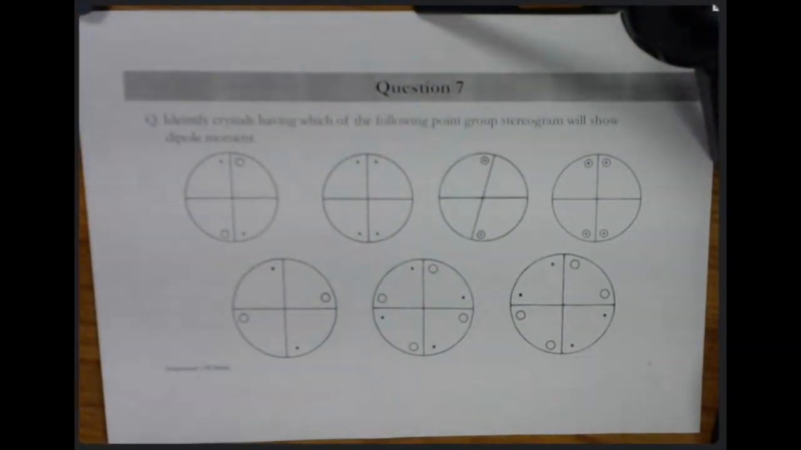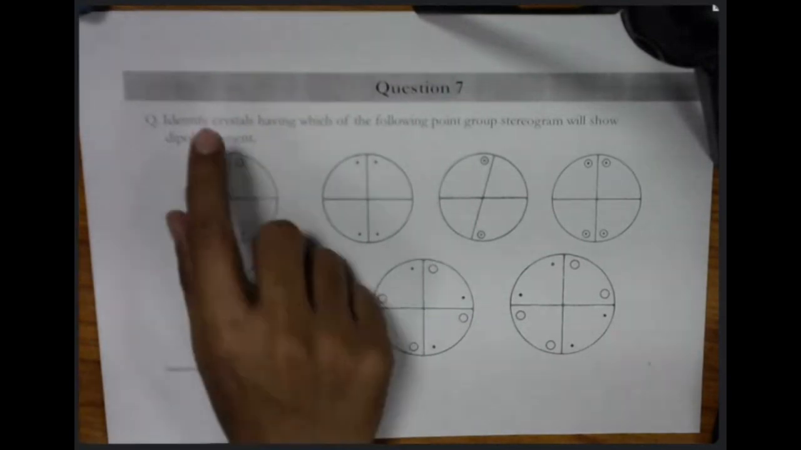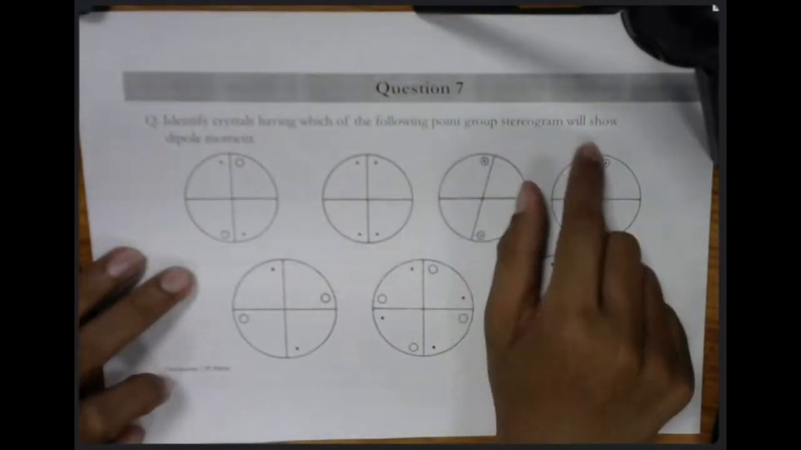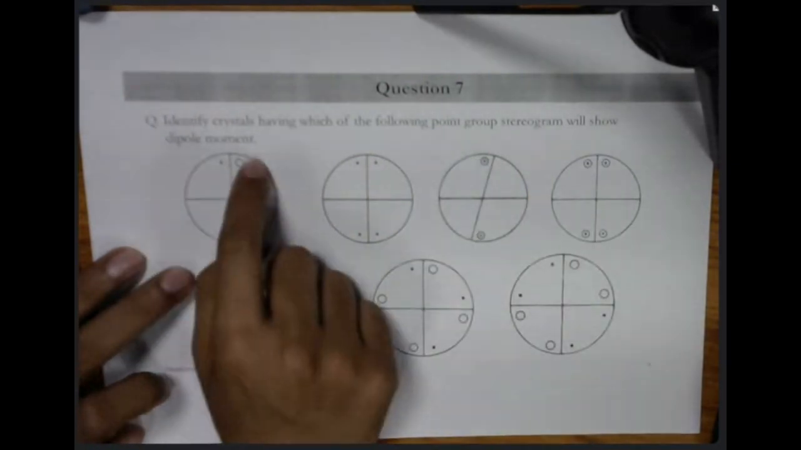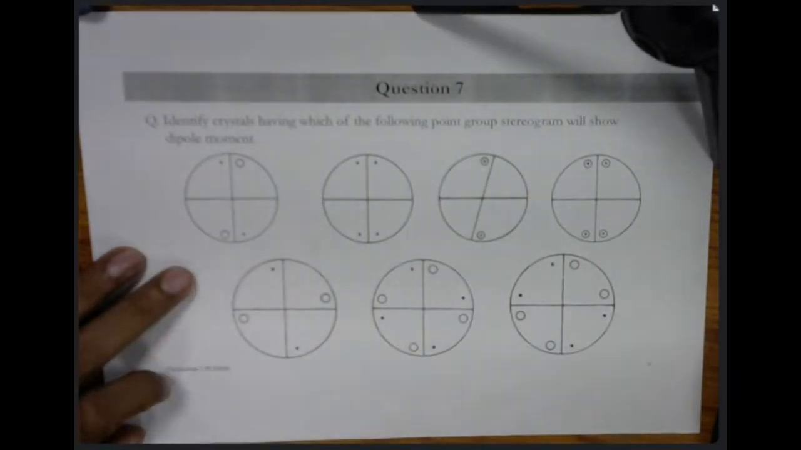Here is our question number 7. Let me read it for you. Identify crystal having which of the following point group stereogram will show the dipole moment. Okay, the language is not very clear. So they are saying that among this,